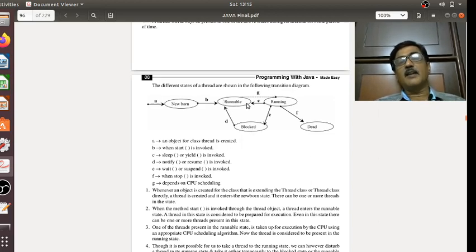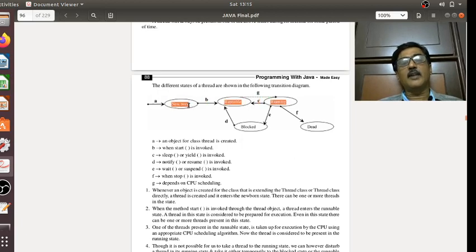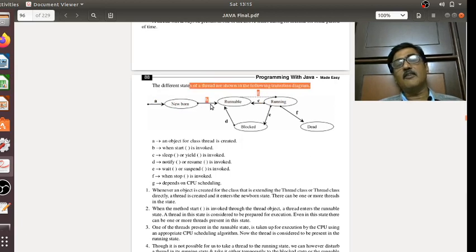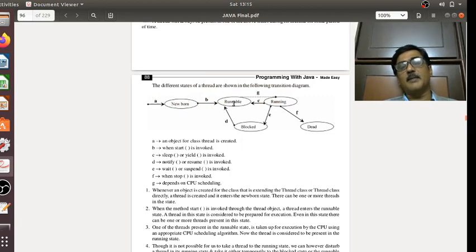However, we have to place it only in the runnable state. Now let us discuss the methods that are used to take a thread between these different states. As I told you, the moment we create an object, a new thread is created and it automatically enters the newborn state. When I invoke the start method, the thread from the newborn state enters the runnable state.